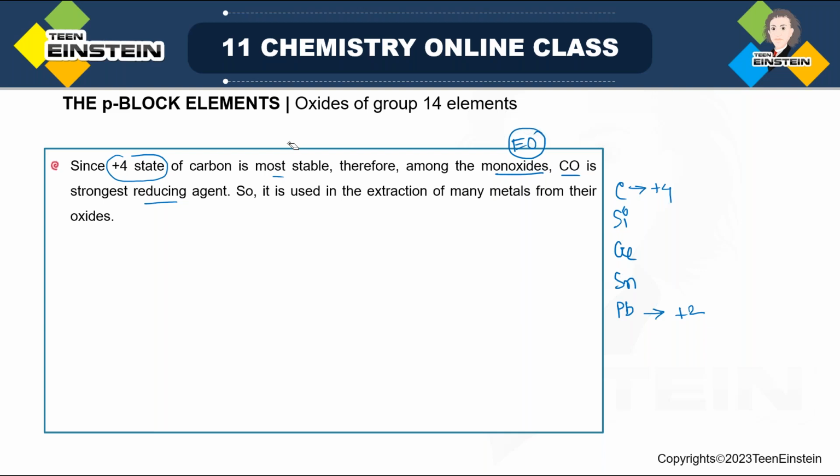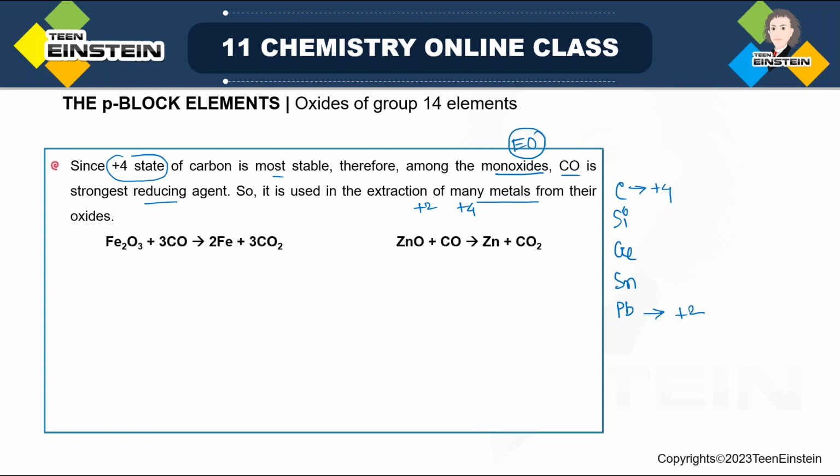group 14 elements. And because of this reason, carbon monoxide is used in metallurgy, that is, the extraction of many metals, where we need some reducing agent, because when we extract metals from ores and minerals, they are in different oxidation states. Suppose the metals are in the +2 state, the +4 state or the +3 state. Now we need some reducing agent that can donate electrons to these metals, and the metals will then be in the zero oxidation state. That means the metals are now in the metallic or elemental state, and that is possible with carbon